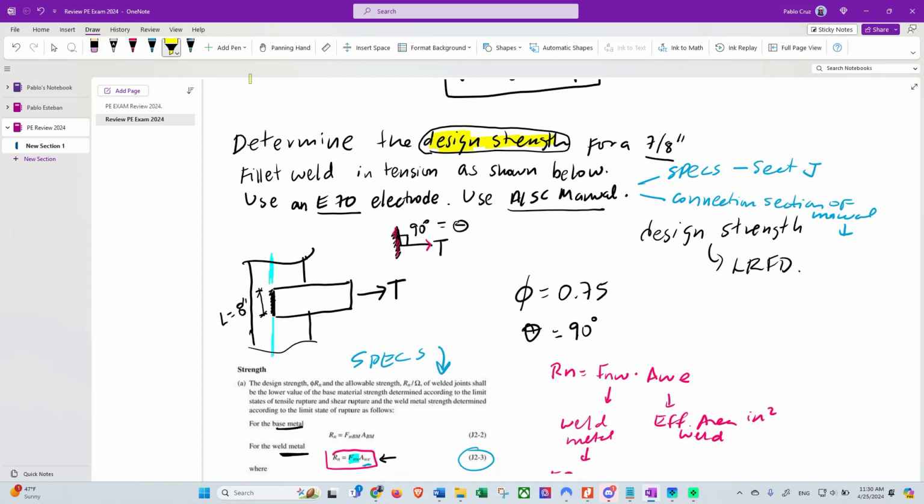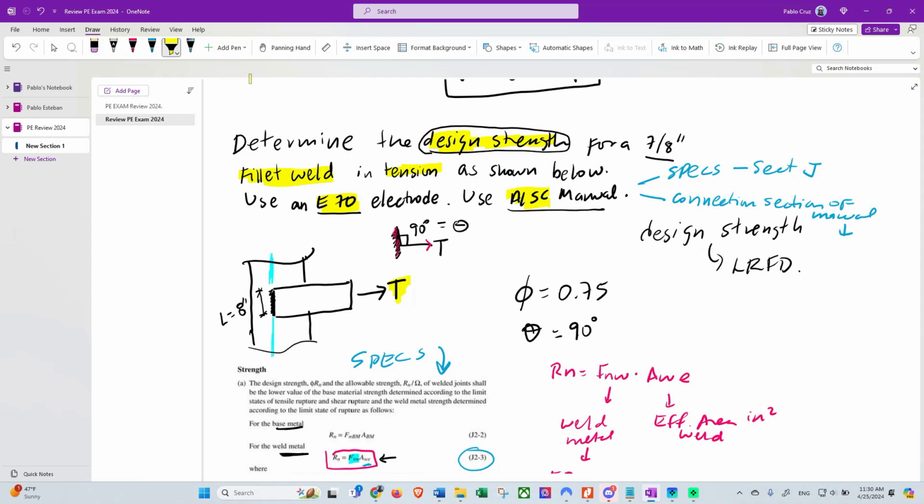So we know that there's a tension force, and we know also that the welding is a type of fillet weld. It's in tension. This is the graph. We know also the material of the welding is an electrode E70, and we are going to be using the